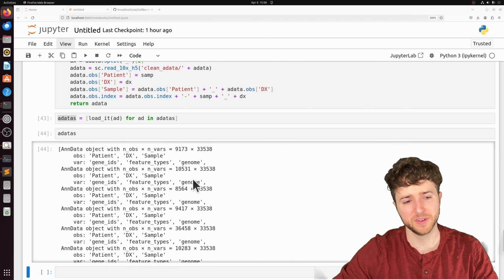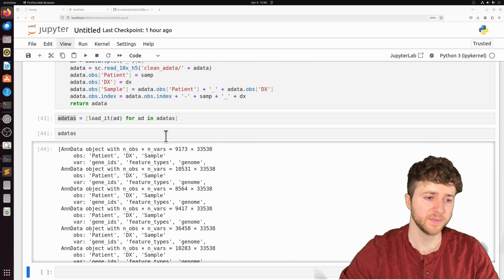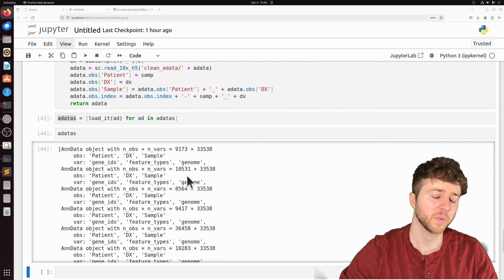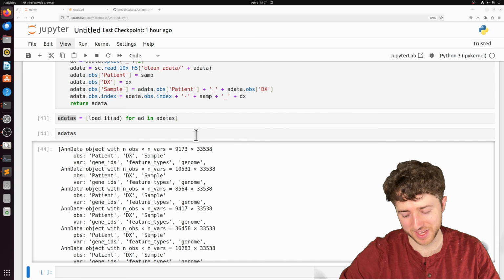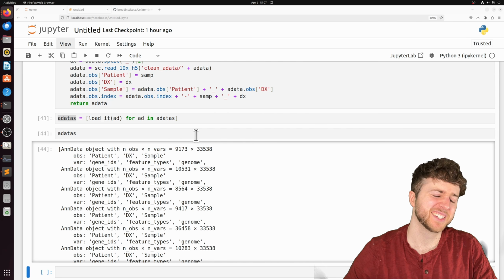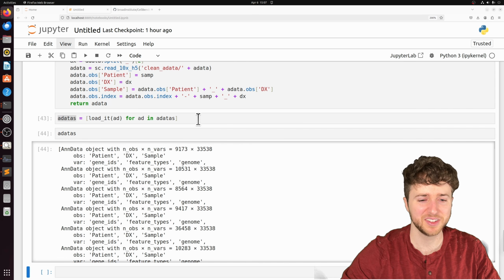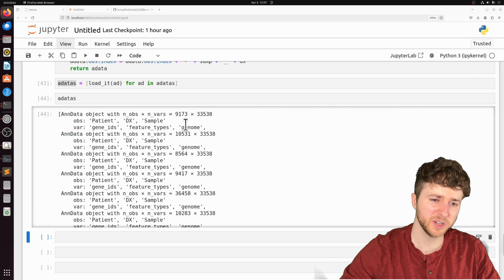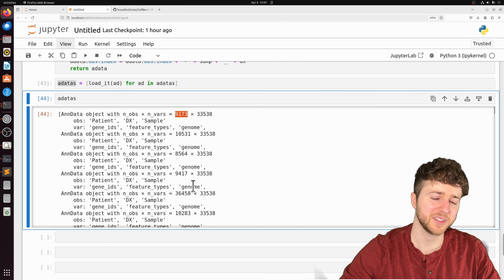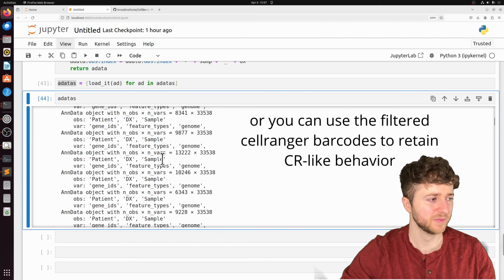With all this work, we've only really done two things: get rid of background RNA, ambient RNA, and used Cellbender to determine what's an actual cell. But, you know, Cellbender, while it does a pretty good job at removing background RNA, it doesn't actually, in my experience, do that well determining what a cell is. It seems to include a lot of really low UMI count cells sometimes. So we're expecting around 10,000, but you'll see every once in a while we'll get some with around 30,000. So we're still gonna have to filter that out.